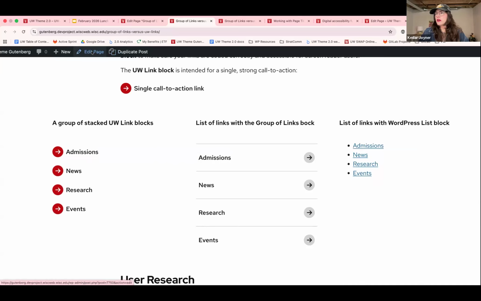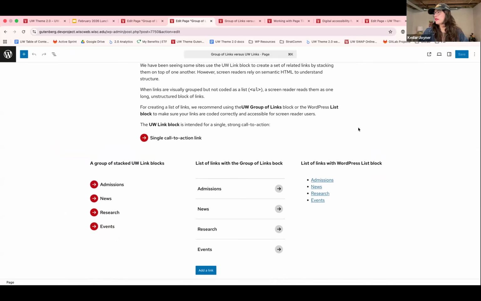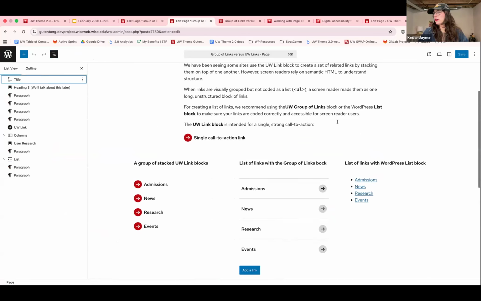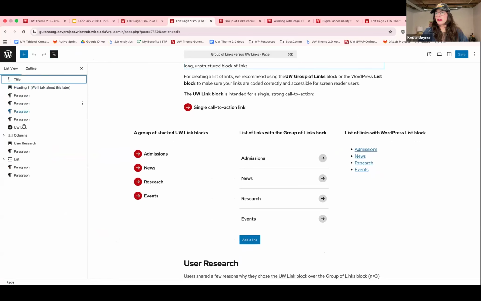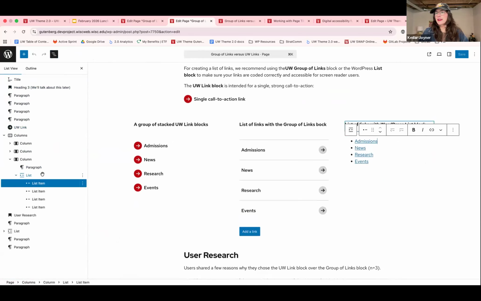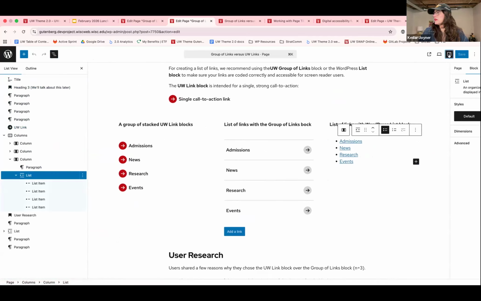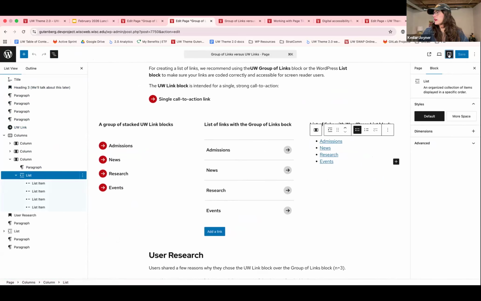I just also wanted to note the list block, something that some folks haven't seen quite yet because it can be kind of hidden. I'm going to open up my list view here, my document overview up in the top bar of my WordPress editor, and then I'm going to find my list block, which is not there. I'm going to click around. It's right here. If I open up my settings panel up in the top bar here on the right-hand side,